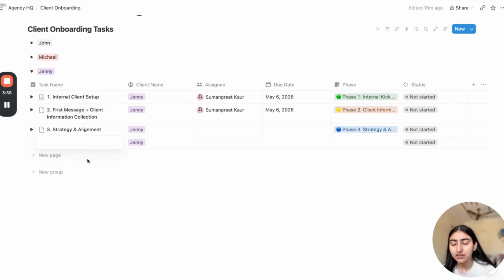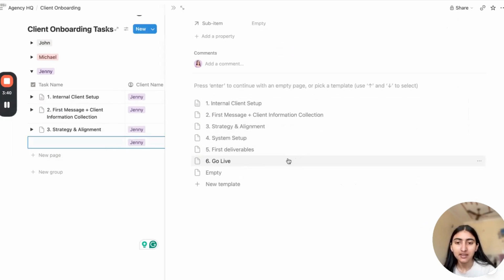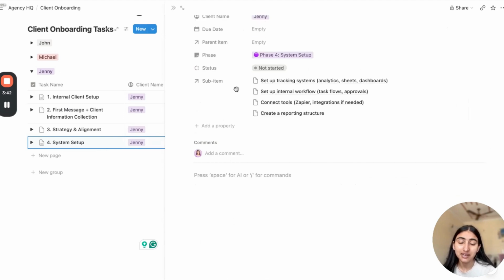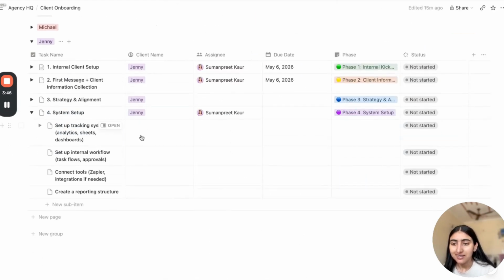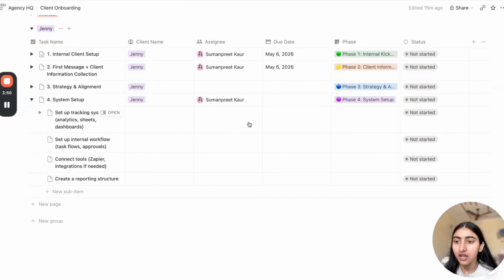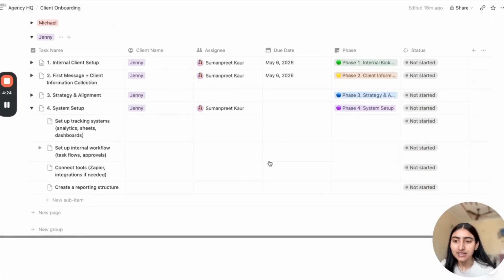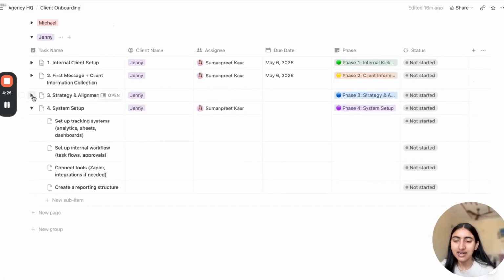The fourth task, I would open that, and the fourth task is system setup. All of the subtasks are listed here. That is system setup for the client: setting up the tracking system, analytics sheets and dashboards, the internal workflow, connecting the tools if something is required, creating a reporting structure. Let's say the task is assigned here for the strategy and alignment.